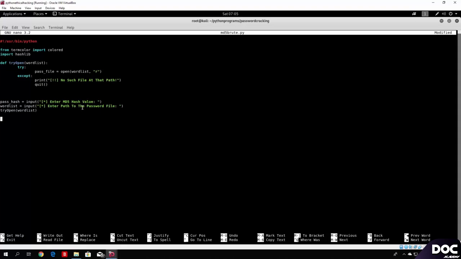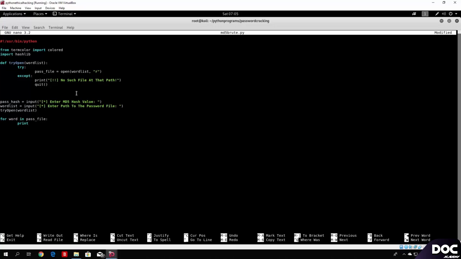And after this, what we want to do is actually loop over the password file for every word. So let us do that for every word in our word list, which makes sure that for every word. Now, since we opened the word list in our pass file, we need to specify the pass file. So for every word in pass_file, what we want to do is first of all print that we are trying